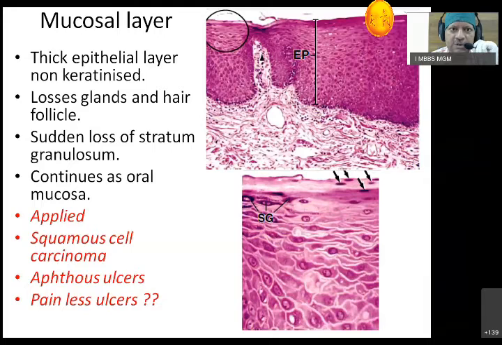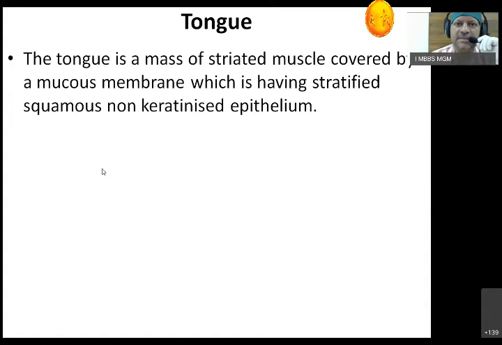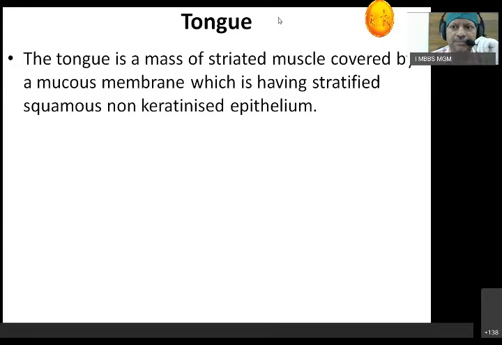So this is what we talked about, the lip. Now we talk about the tongue. The tongue is an extension of the oral cavity. You may have dealt with the sensation of the tongue. We will just briefly talk about the tongue. Tongue is a mass. Now what we have to remember? Even though the tongue is not what we call a